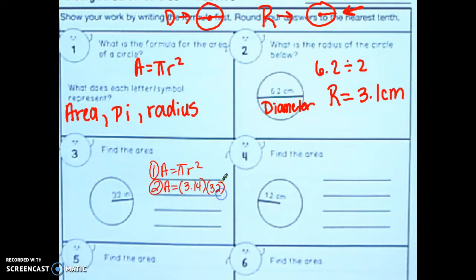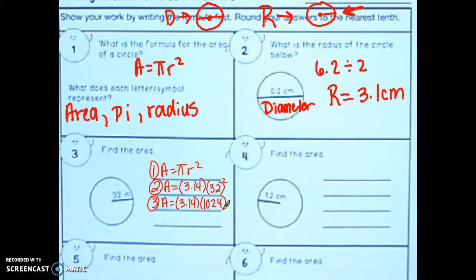32 squared. Now remember, the order of operations says that we do exponents first, so I'm going to square 32. That means 32 times 32. 3.14 times 32 squared is 1,024. Make sure you're pausing the video as I'm working this out to make sure you are getting all of these notes down. When I multiply 1,024 by 3.14,